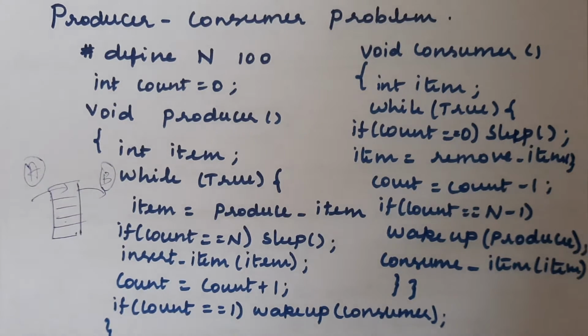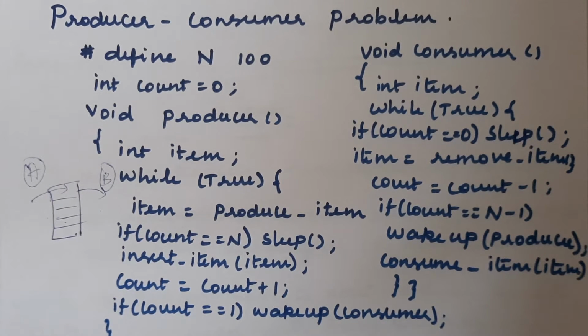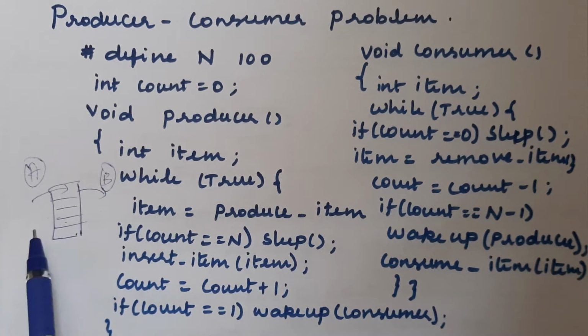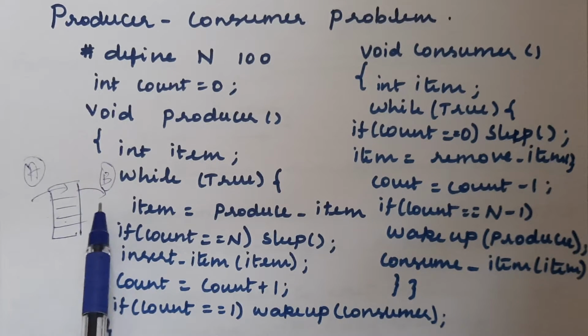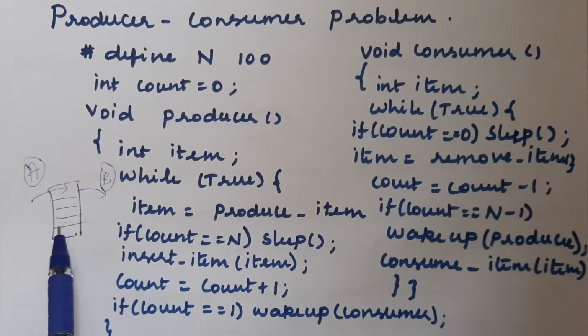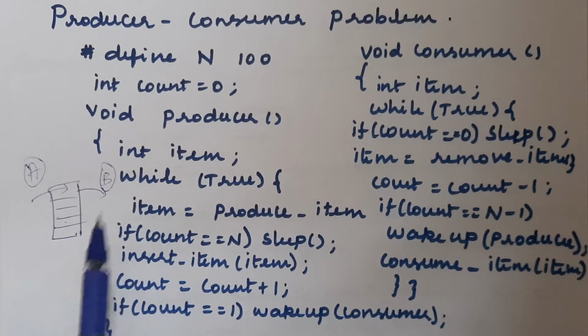In the same way, the producer consumer problem can be implemented with these two operations on the producer as well as the consumer. The producer executes the sleep operation if it does not find any empty slot in the buffer. It has to wait, but it is not actually waiting; we are blocking that process with the help of sleep. In the same way, if the consumer cannot find any item in the buffer, it has to wait, so we are not performing a wait operation, we are blocking it with the help of sleep.